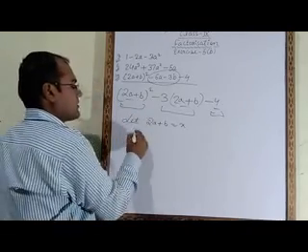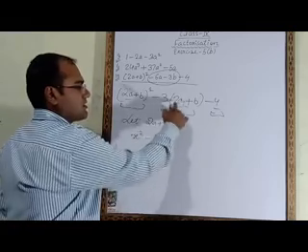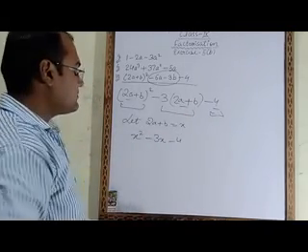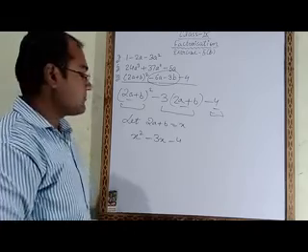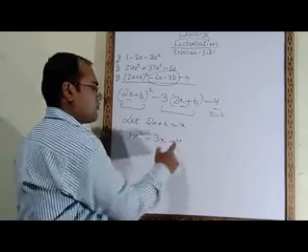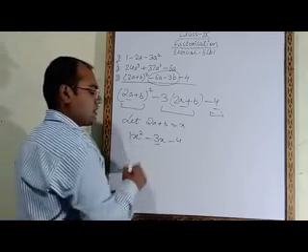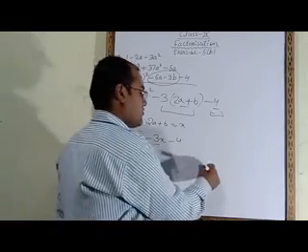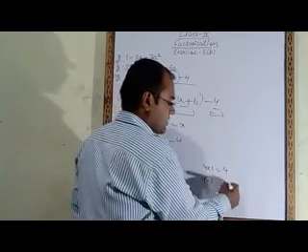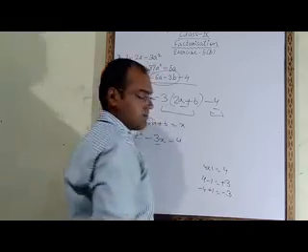Now instead of 2a plus b, we will put x: x square minus 3, and instead of 2a plus b, x minus 4. Now we have to factorize it. Here no number is written, that's why we will take 1. 1 into 4 will be 4. We have to use the factors of 4 to make minus 3. So 4 into 1 will be 4, and if we do 4 minus 1, we get plus 3, and if we do minus 4 plus 1, we get minus 3.